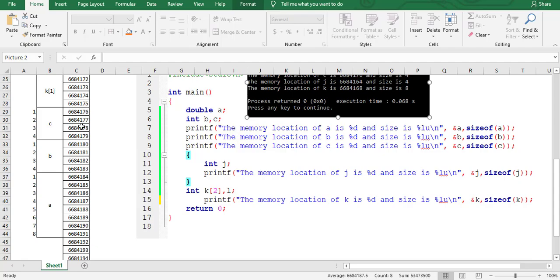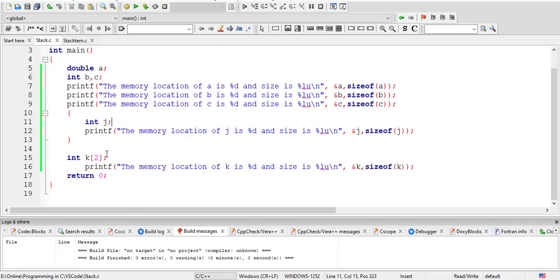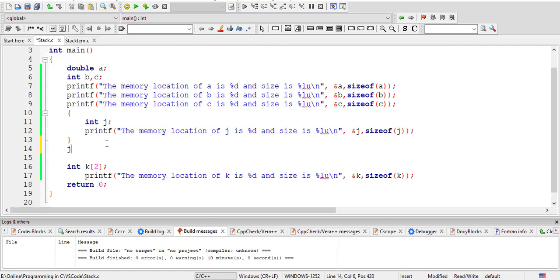Okay. And one important thing that you have to notice here is, I have declared J inside this brace. Okay, I have printed memory. Now if I go here outside the brace and assign J a value of, let's say, 12, this is very much possible, we'll run this.